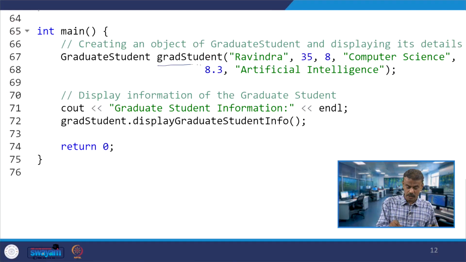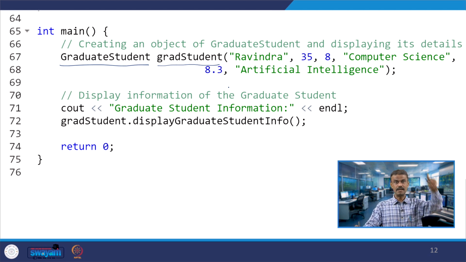In main, you have a grad student object under the graduate student class, the last one. You are passing, see how many parameters: the name Ravindra, age 35, ID 8, the branch computer science, CGPA 8.3, and the topic artificial intelligence. So, you are passing 1, 2, 3, 4, 5, 6 parameters.